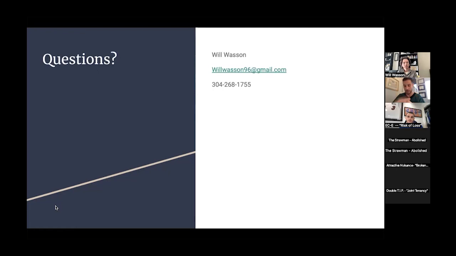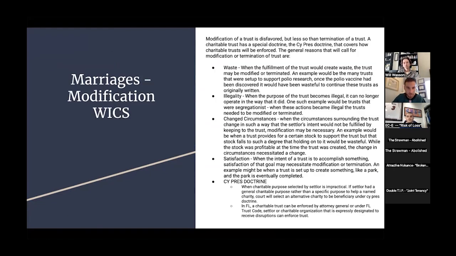And then, okay, so valid trusts don't ruin the removal. We can remove for all these conditions. Will, can you just remind me what were some of the conditions for removal? Not all of them, but what were some of them? If you violate a duty, you can be removed, or if you are acting so unsatisfactorily that it would be a disservice to the trust to keep you in place. Right, valid trusts don't ruin marriages, and then modifications. And one of the cool things about modifications was that cy pres doctrine, where we'll choose another charity. Waste, illegality, changed circumstances, satisfaction.